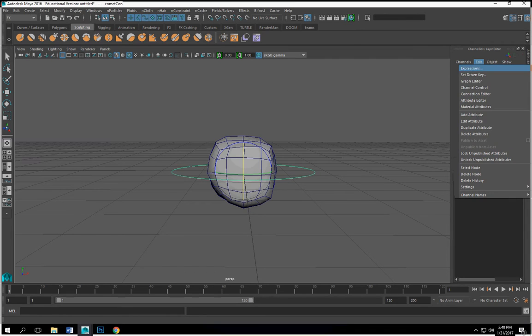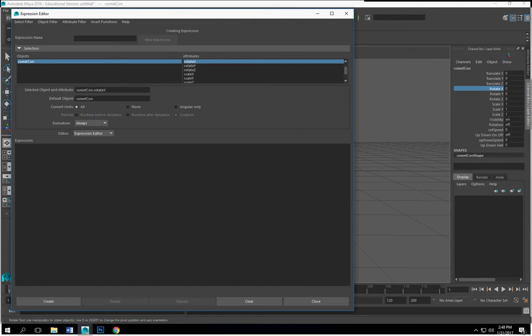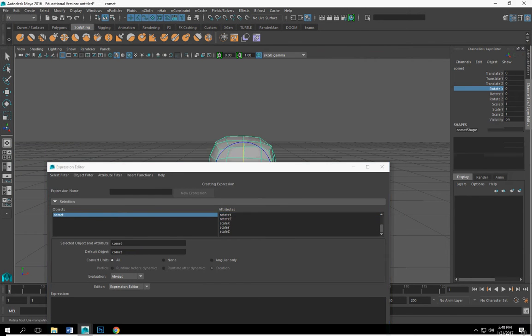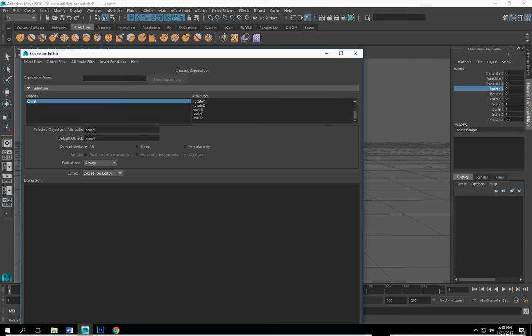All right, so here we have rot on and off. We're going to go to Edit, Expressions, and I'm going to grab rot on and off, and then we have rot speed here too. So I'm going to select the comet. I'm in the expression editor, and we have Z. We're going to start off with this one. I'm going to highlight it and just drag it down here. And we're going to create our if statement. So if this is equal to true,